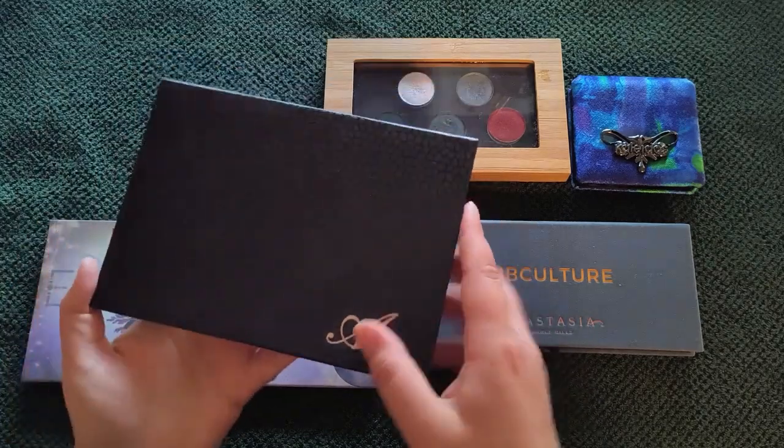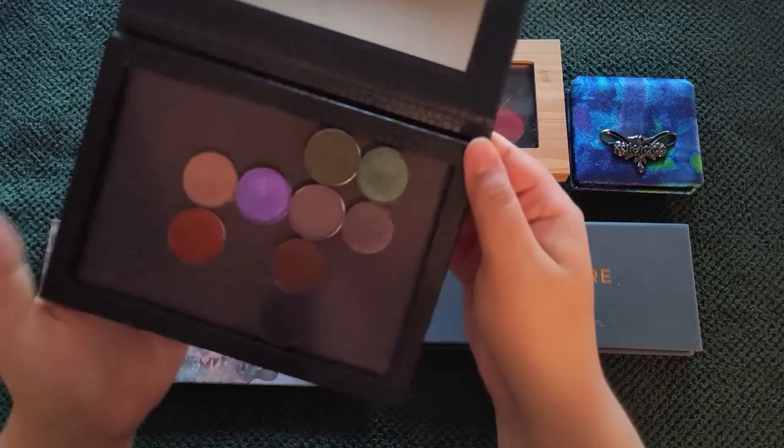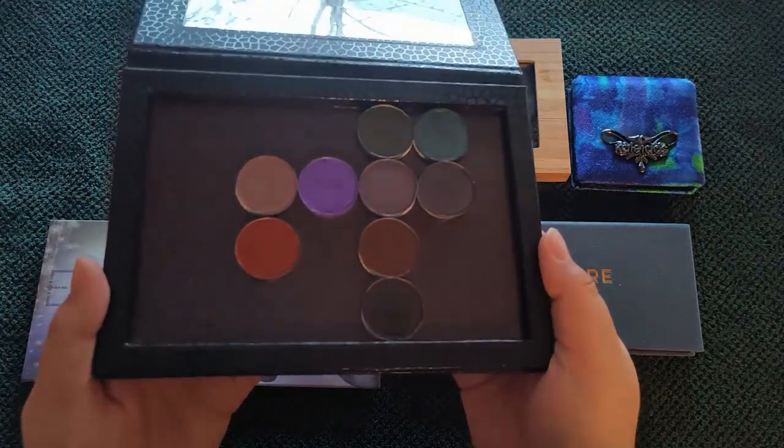Next up, I have this magnetic palette. Now this holds what is left of...